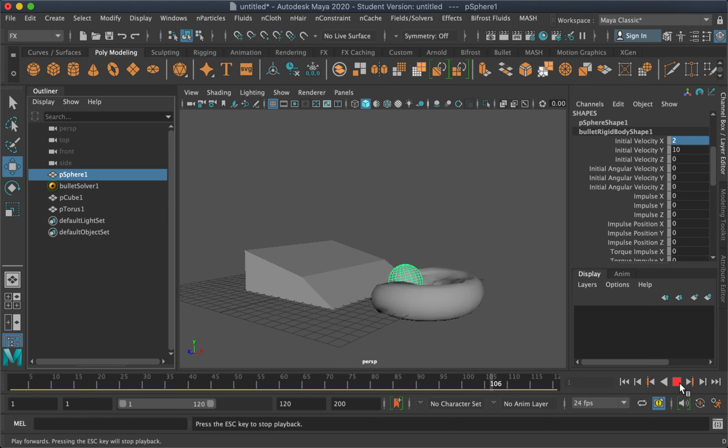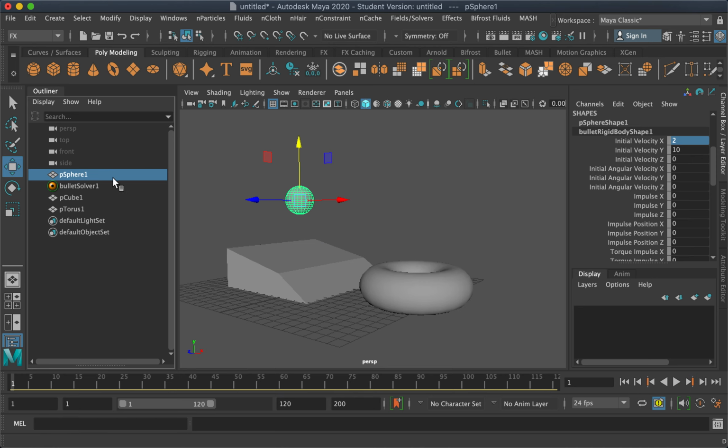So if you are already content with this simulation, you can bake the movement of everything and convert it into keyframes so that it can save processing resources and time. If you notice, every time it plays, it computes. So if you have lower RAM, this will take a toll on your computer. So what we can do is to bake this.